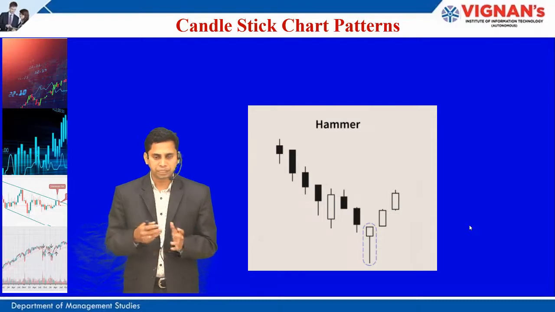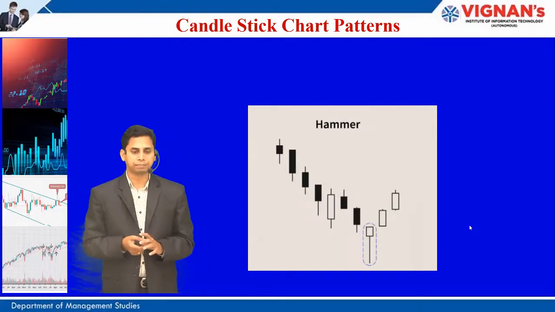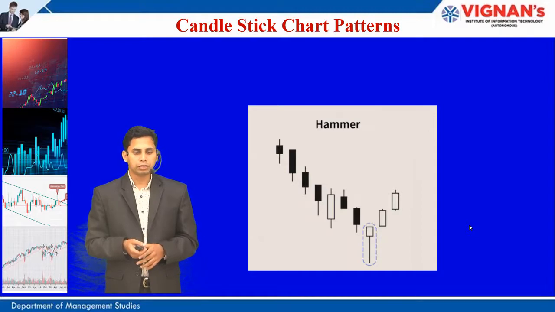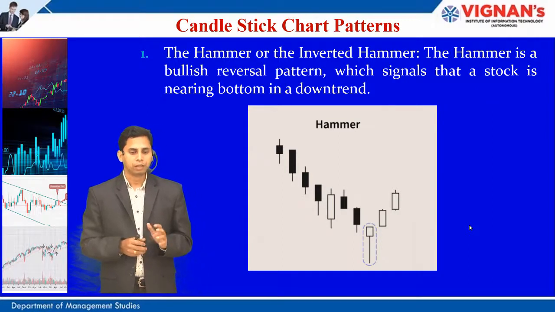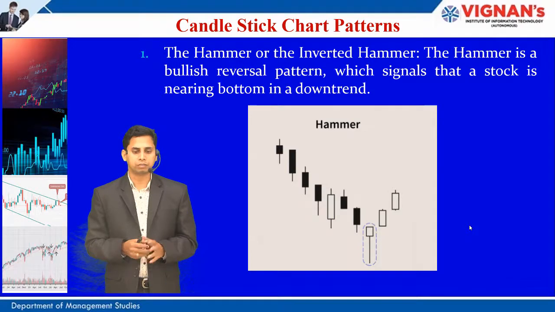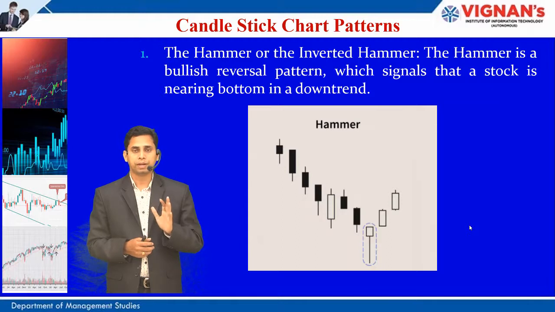Now let's see the different chart patterns of the candlestick. On the screen you can see the candlestick chart pattern, that is the hammer. The shape of this particular candle is like a hammer. Now you see hammer or inverted hammer. Both hammer and inverted hammer are chart patterns. You will see the hammer located on the screen, and it is marked as well. And if it is in reverse condition, then it is an inverted hammer.